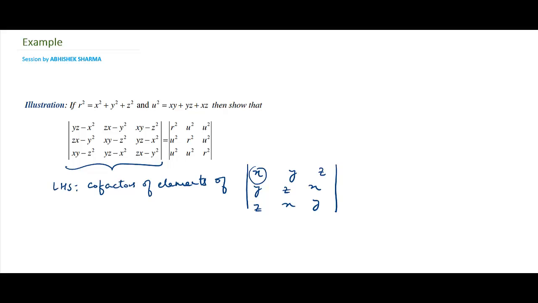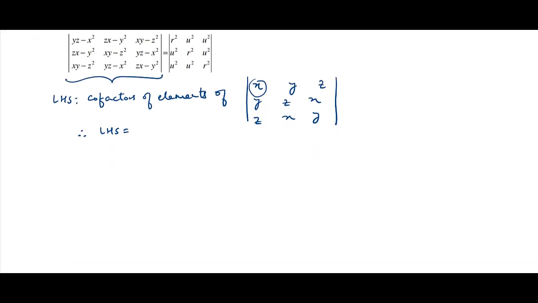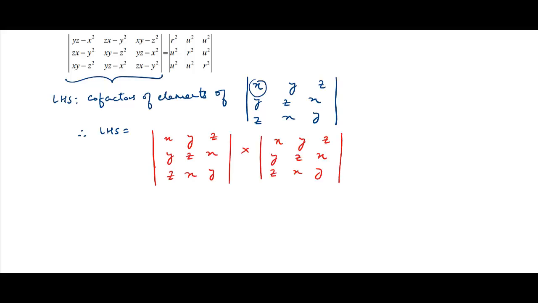So the value of the left side now becomes equal to the square of this by Jacobi's theorem. So we obtain this statement using Jacobi's theorem. Alright, and now simply multiply this to obtain,